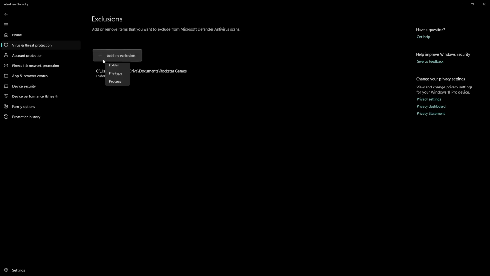Then select Add an Exclusion and choose File. Now navigate to the app you want to run and select the file. This will add the app to the list of exclusions, ensuring that it's not blocked in the future by Microsoft Defender SmartScreen. Now you are all set to run your app without any interruptions, and you have made a permanent